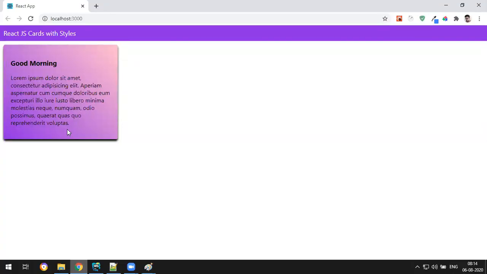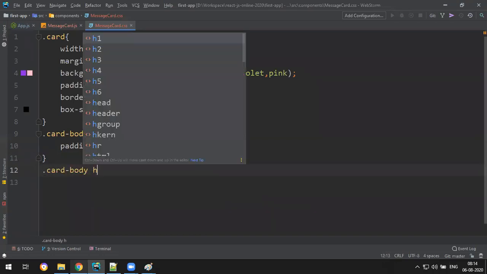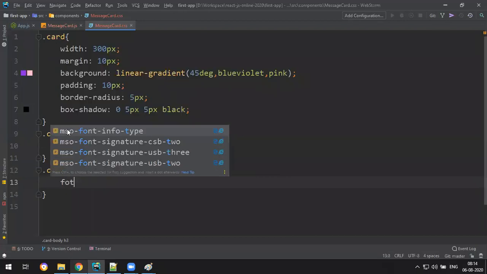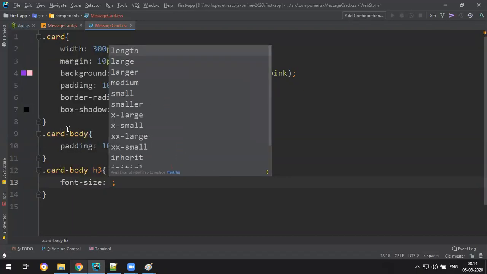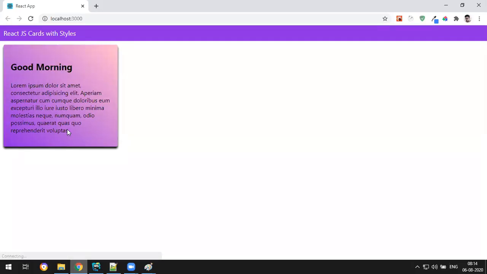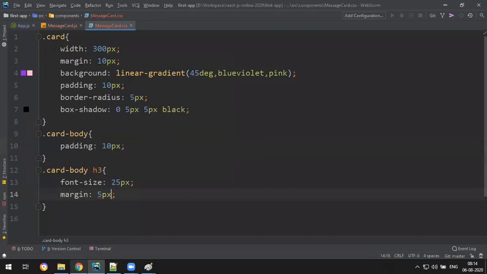Looks good, but h3 I want a little bigger. So card body space h3, the heading. You can make the font size around 25 pixels, slightly bigger, but margin I make some 5 pixels.